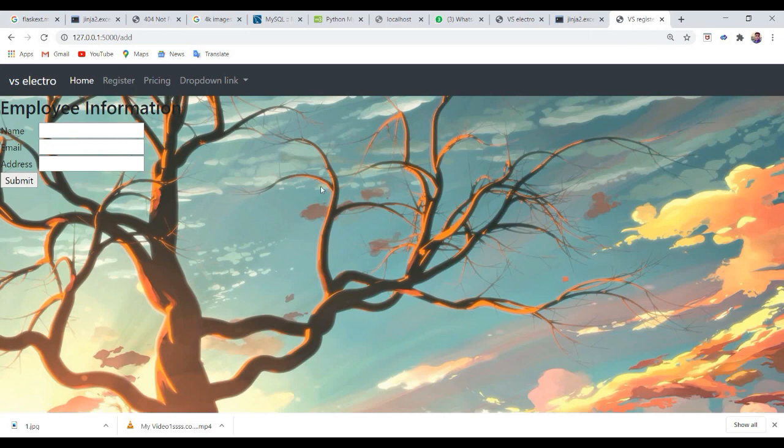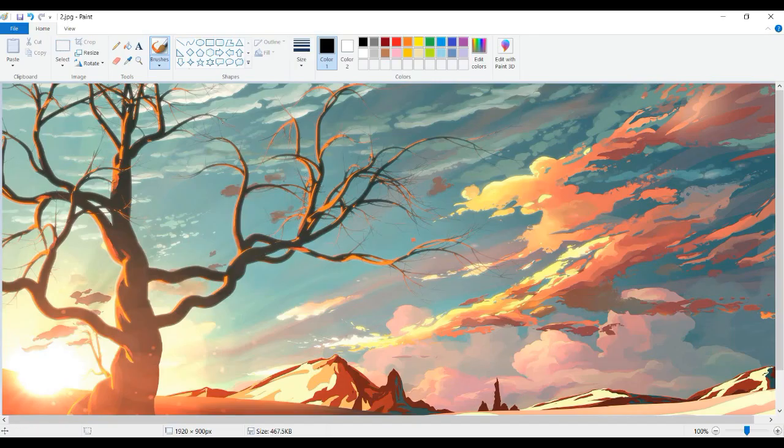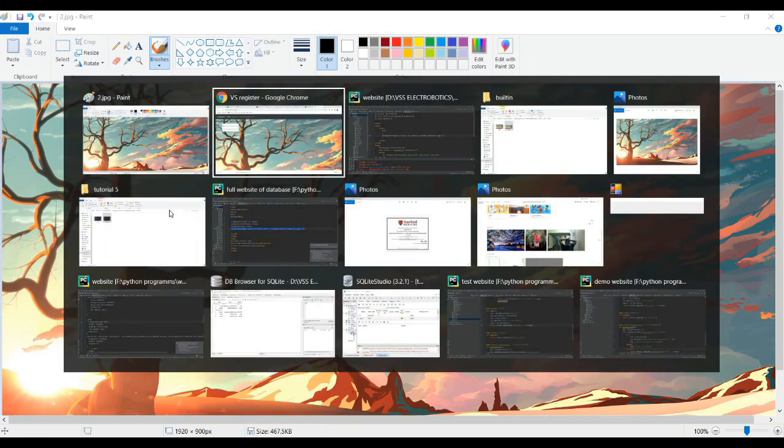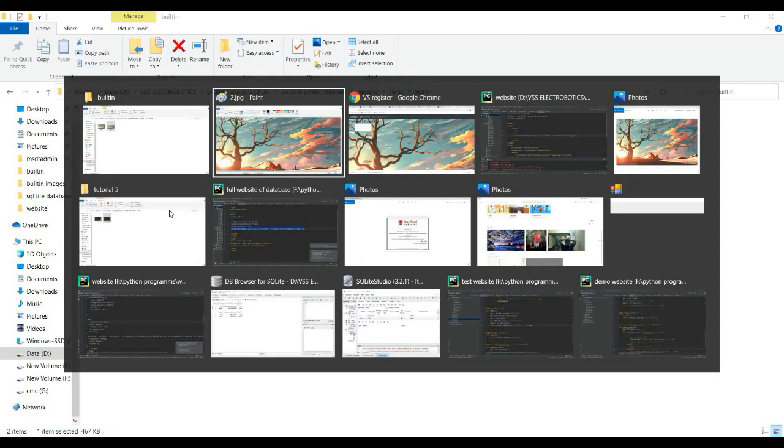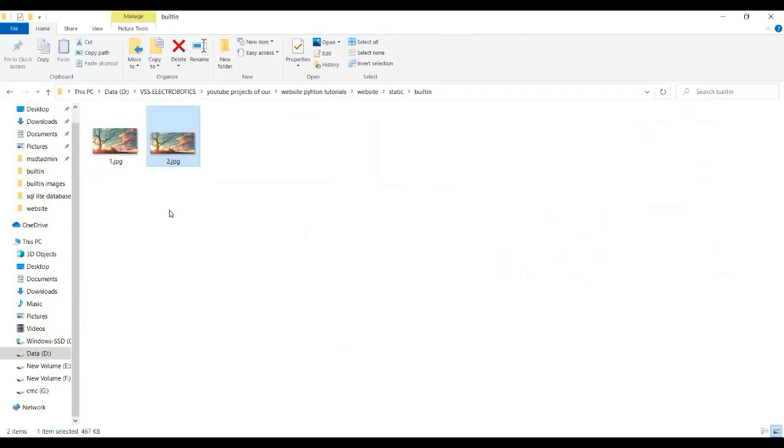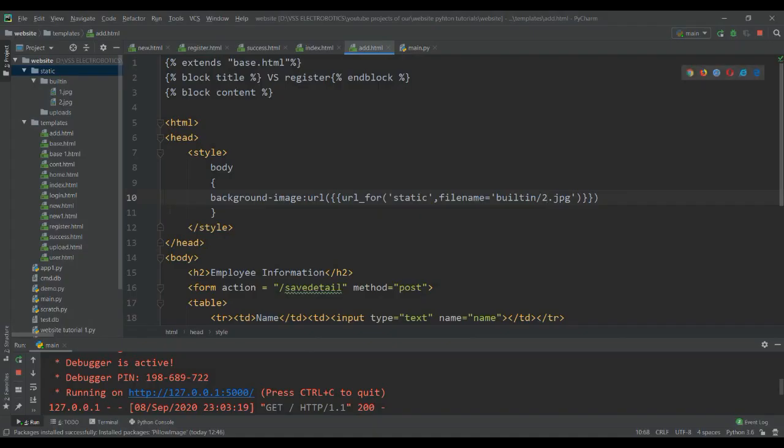Look, the image size is reduced, but still we didn't get the full image. So actually we can do something else. Rather than editing the image, we can do it in the program itself.